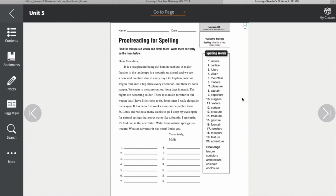reference, but I'm just going to go ahead and read through, and then you guys can look at the words that are not spelled correctly. That way, when you go to complete it for yourself, you already have an idea where these words would be. Dear Grandma, it is a real pleasure being out here in nature. A major feature in the landscape is a mountain up ahead, and we see a new wild creature almost every